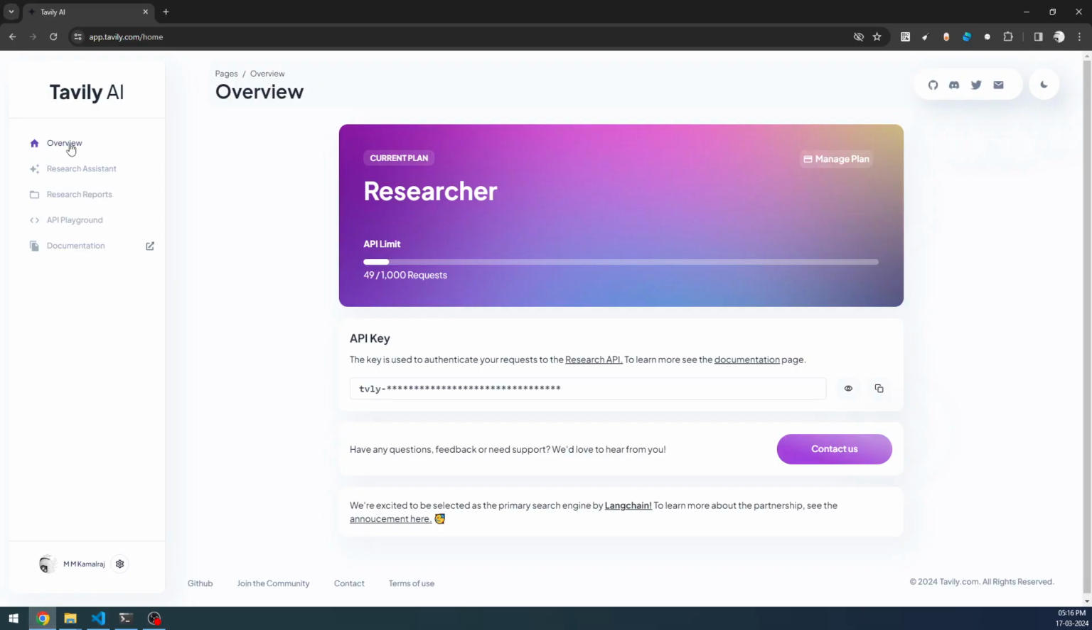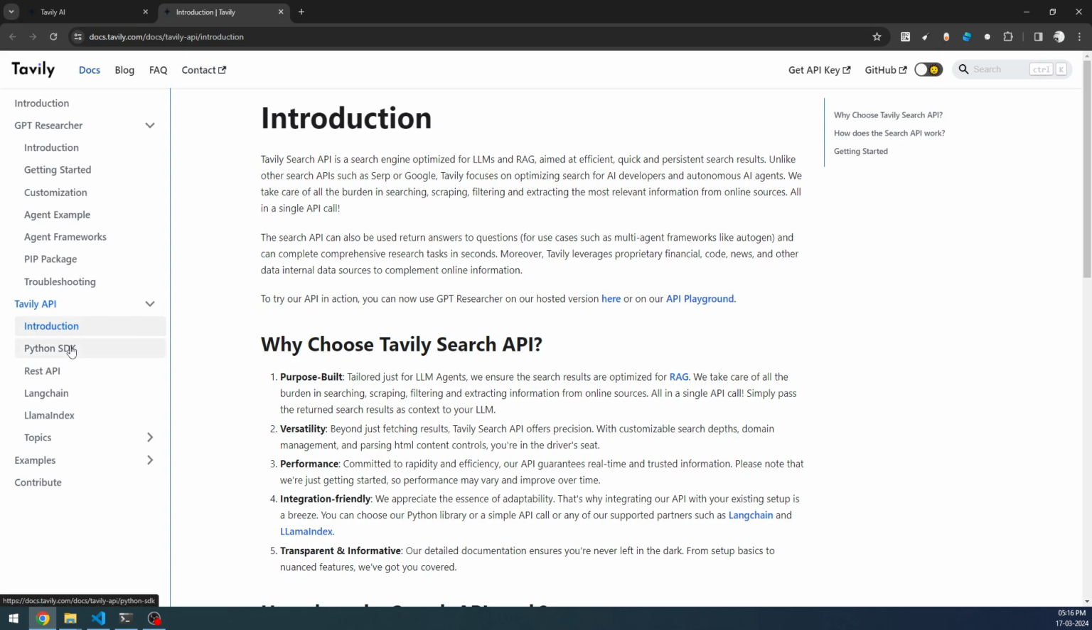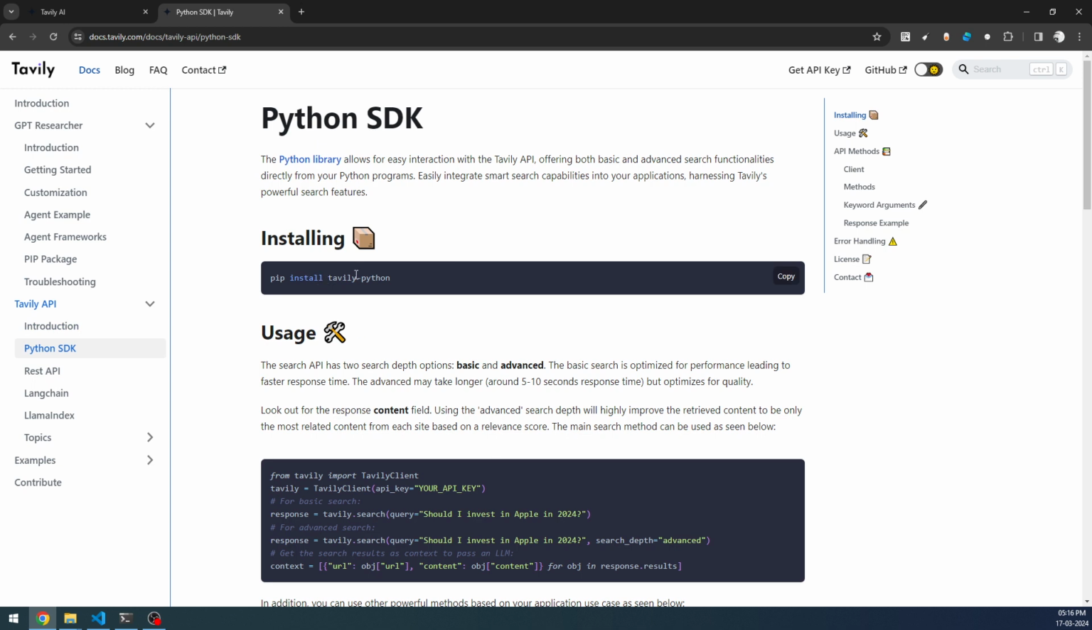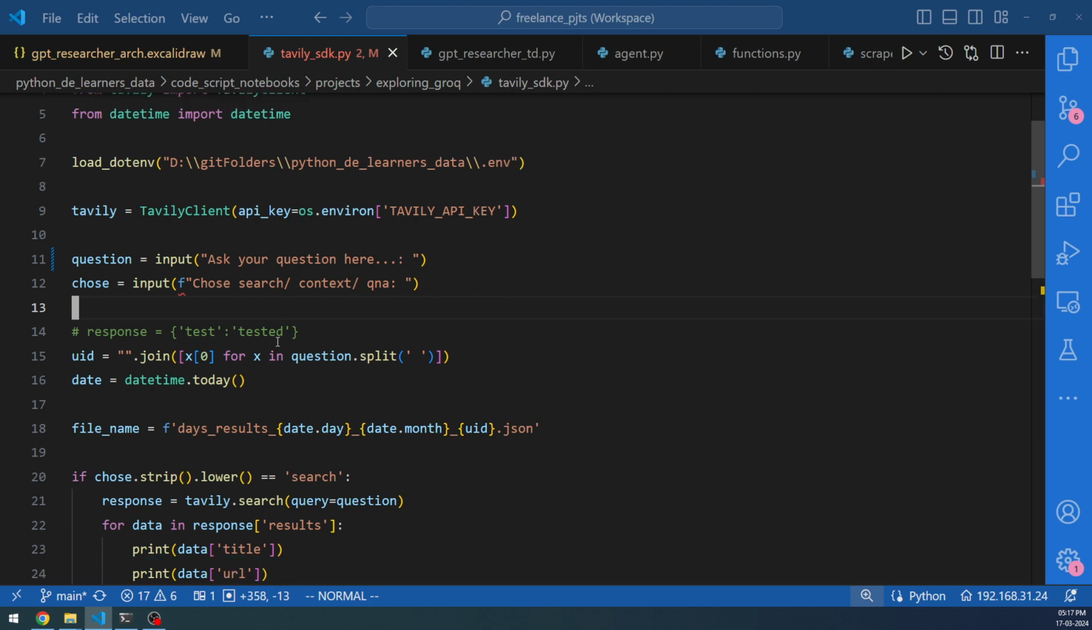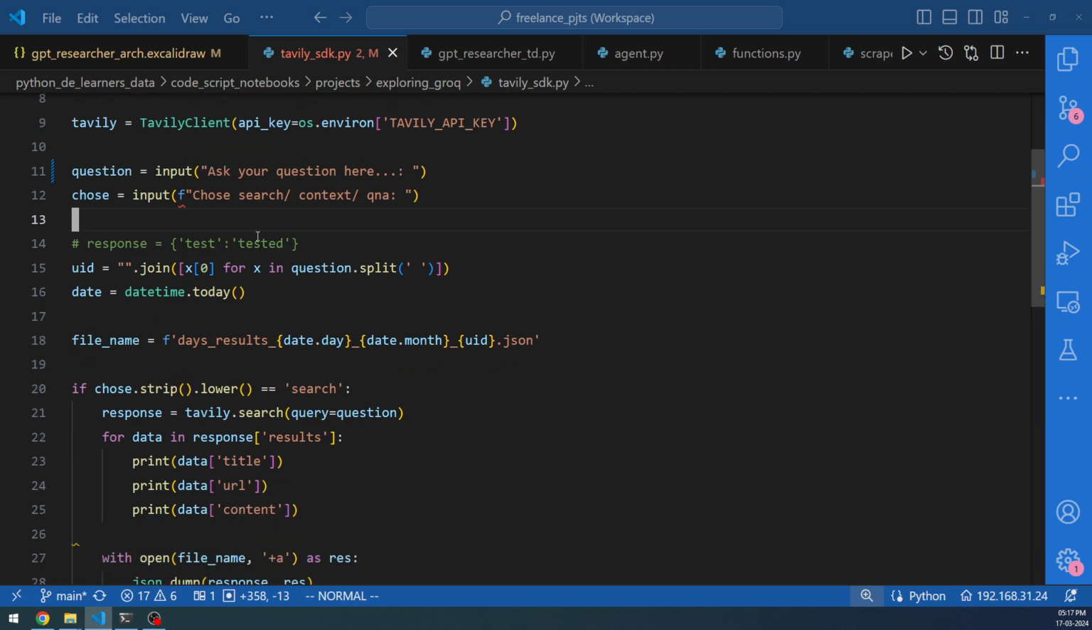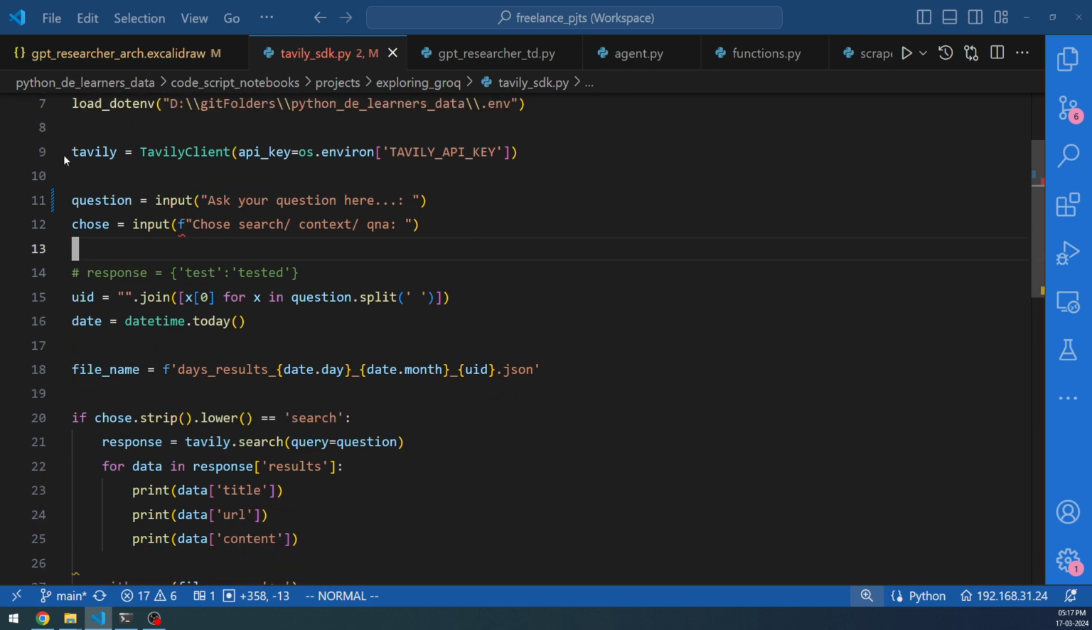If you go back here and look at the documentation, you will be able to understand how you can install the Python SDK. It's as simple as doing a pip install of tavily-python, and once you have done that, you will get access to the Tavily client. You need to give the API key to the Tavily client, and after that you can get access to its methods. So Tavily is the object from the Tavily client class,